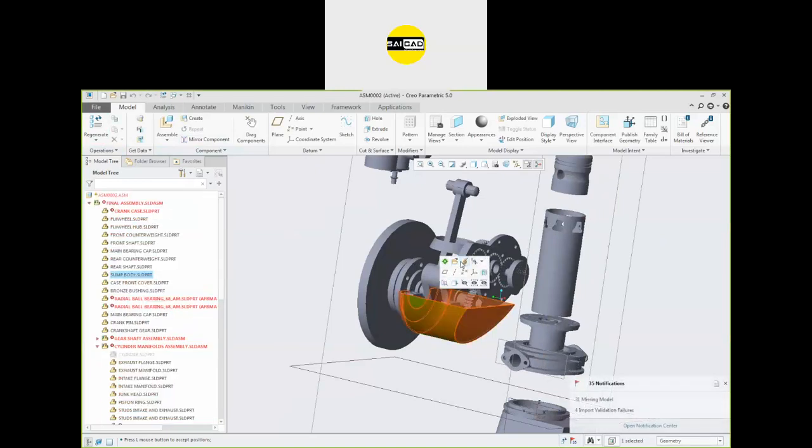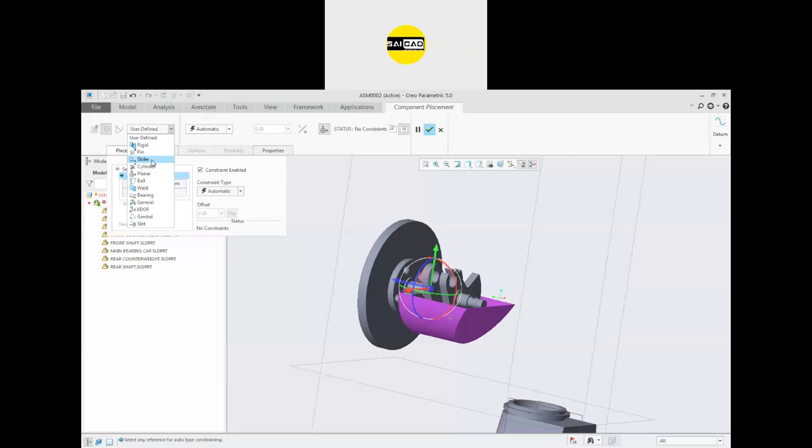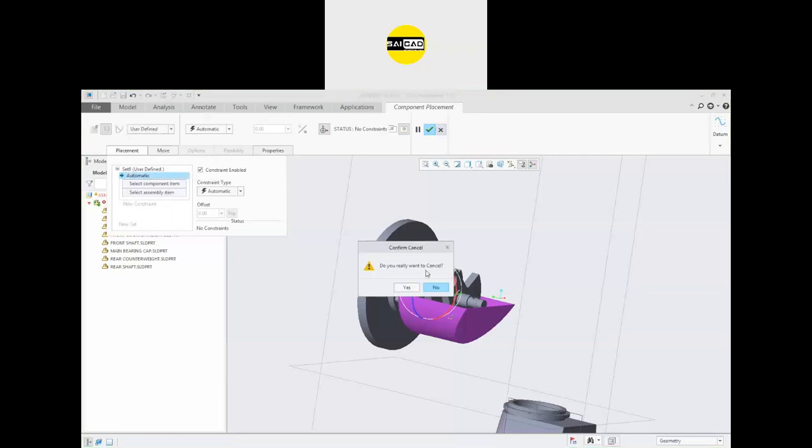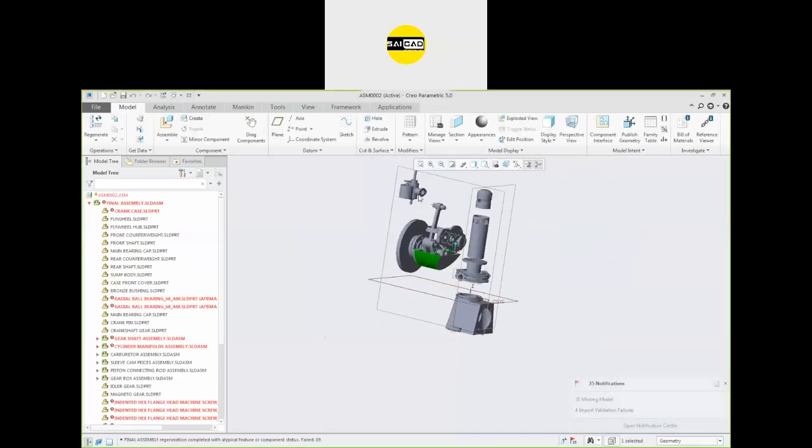Go to the edit. The next constraint we have is slider. How we can slide a component on the other component. For that, I'm just going to use a simple component.